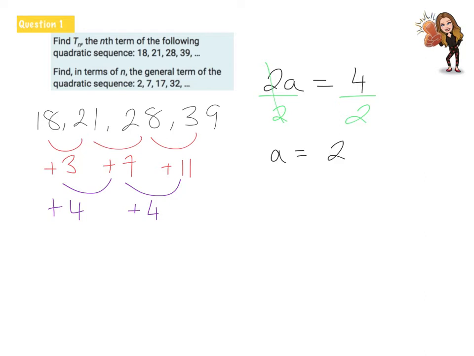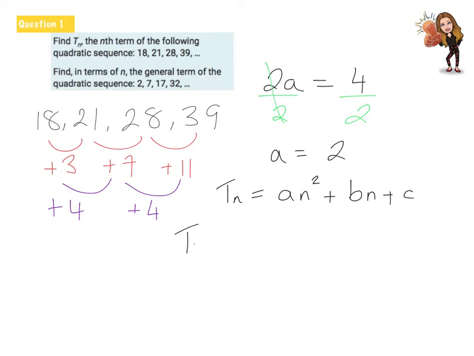And this is where we get into the quadratic part of it and where higher level comes in. So for a quadratic pattern, the formula is Tn equals an squared, because remember it's quadratic, plus bn plus c. Now what does that mean? That means we need to find out what is T1 and what is T2. So if a is 2, and the first term is 18,